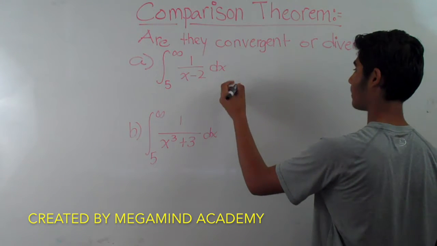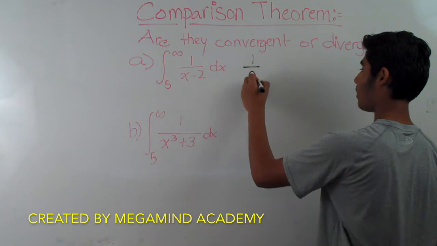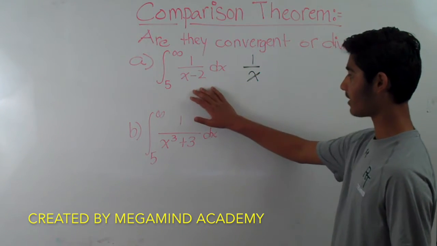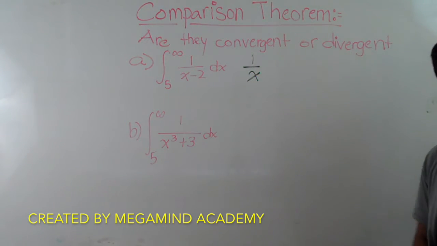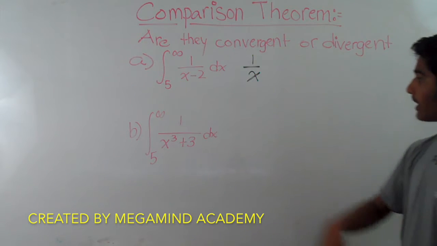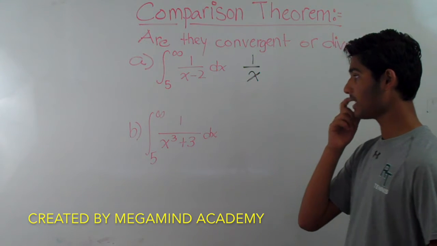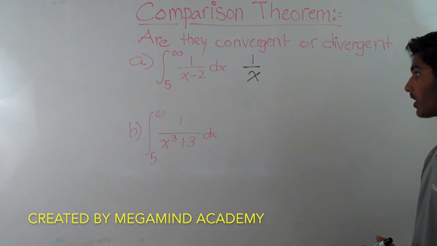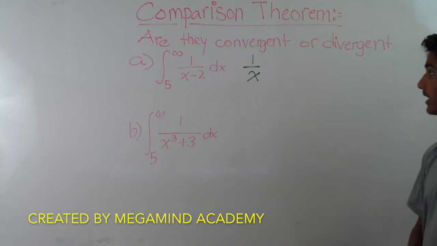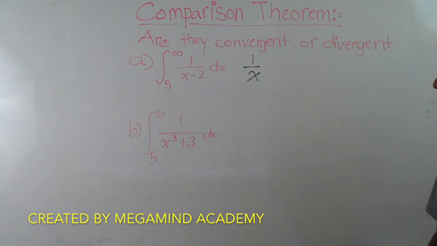1 over x. Now is 1 over x less than or greater than 1 over x minus 2? Well, here we have 1 over x minus 2. That means that the denominator is smaller. And if the denominator is smaller, then the value is bigger. So that means that 1 over x